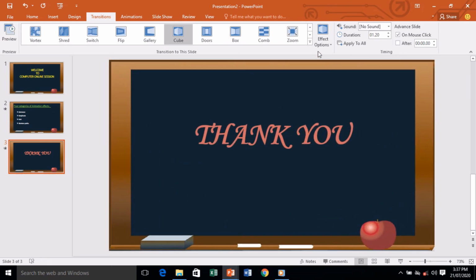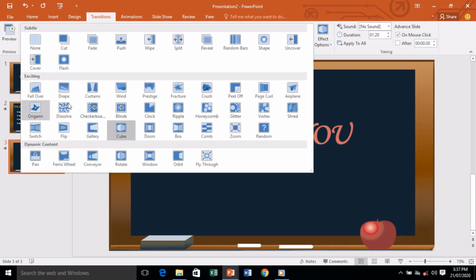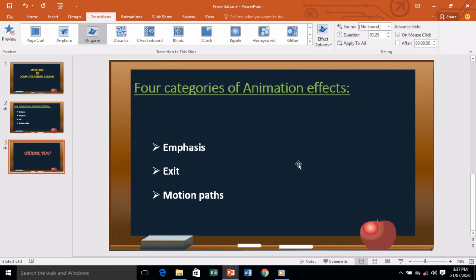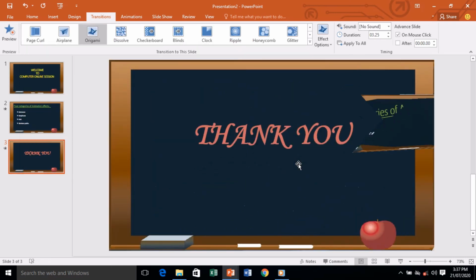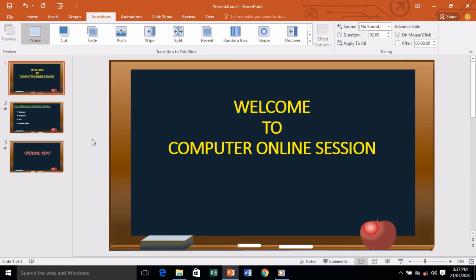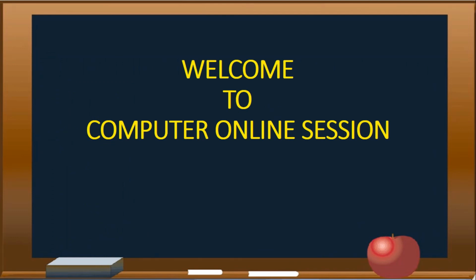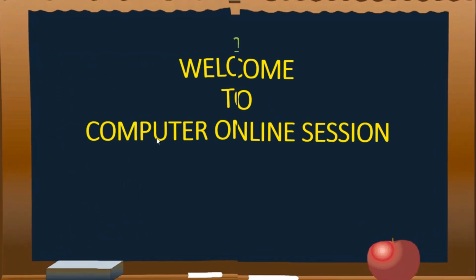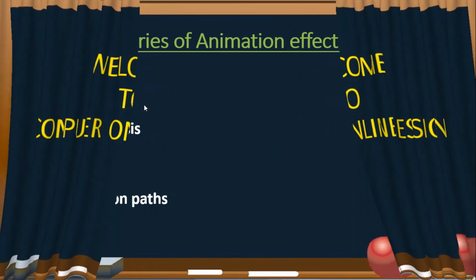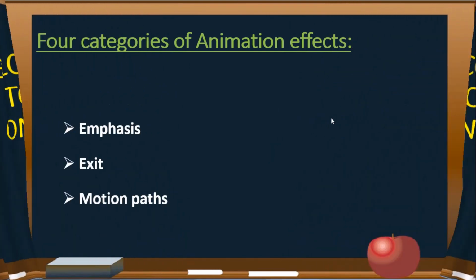If you want to change your transition, you can just click on any one, whichever you want. Fine, this is the transition. Let's see the effect, how it comes. If you want to run your presentation, you want to see how it works, either we will go down here, you can see this small button for slideshow, or we can go here for beginning. We'll click here and it will start the slideshow from the beginning. See, these are my slides. By next, now this is the transition effect. Can you see the transition effect on the slide?